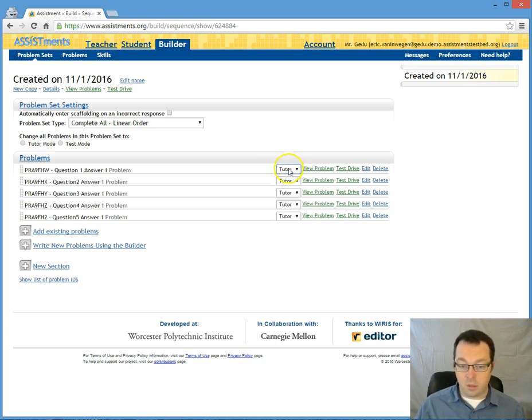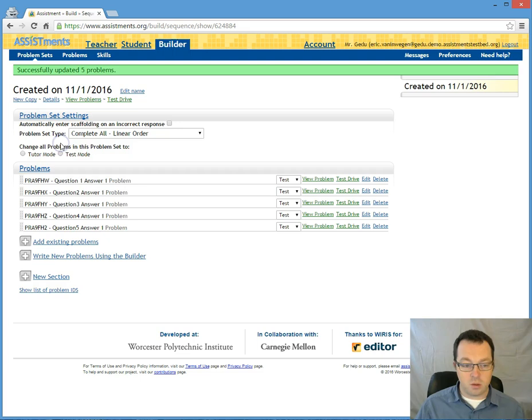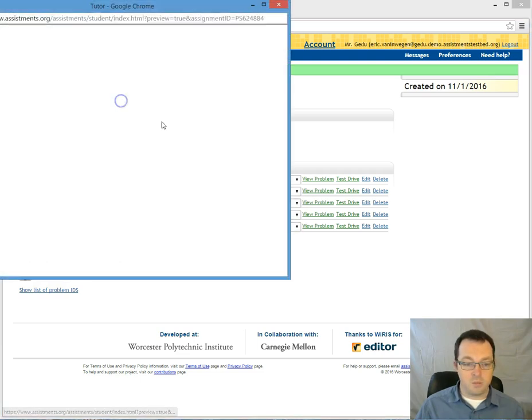If we don't want them in tutor mode, but rather we want them in test mode, so we don't want the students to know how they did, you can turn them individually over here, or you can turn them all to test or tutor mode using that. And now if I test drive this system,